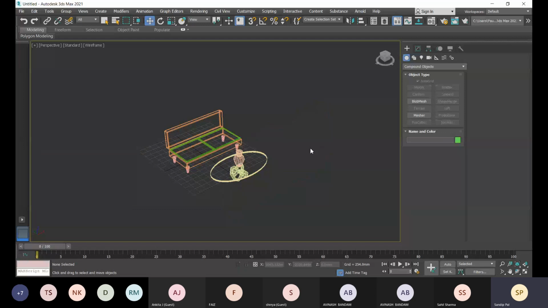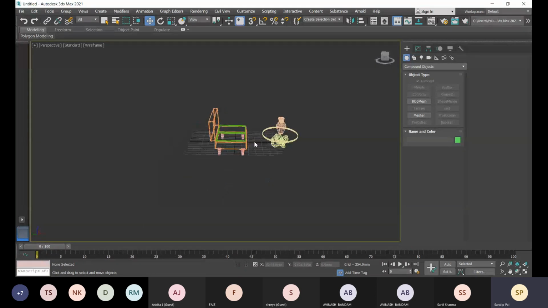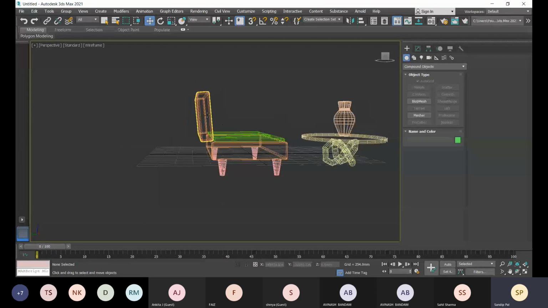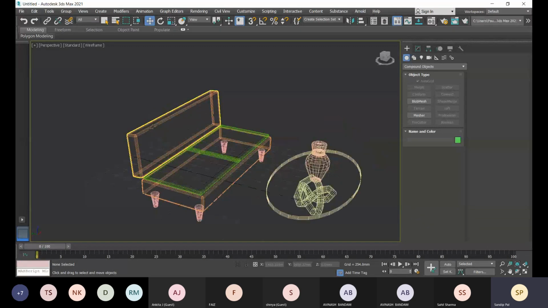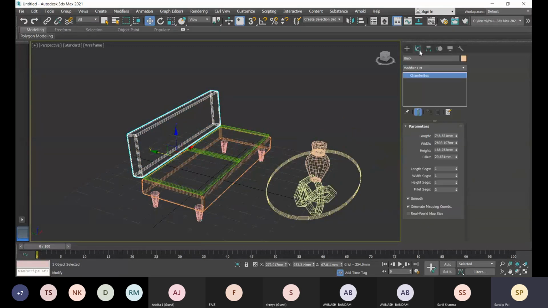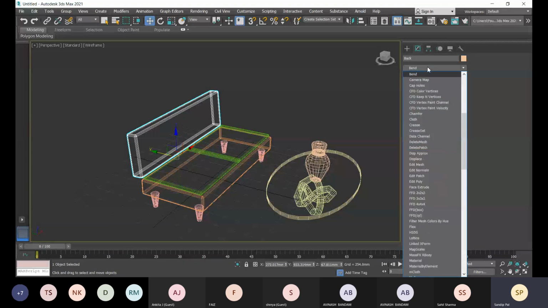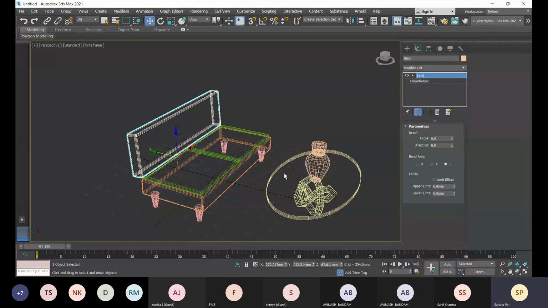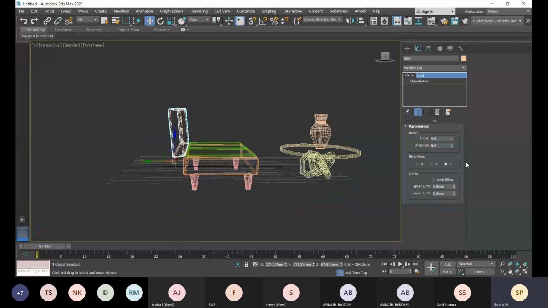Now let me delete this. Suppose I need to bend it. For that, I can apply a modifier, the Bend modifier. This bend option is available. What will be the bend axis? You have to define that. Let me show you how the bend angle will bend along the z axis. Here you can provide it to the y axis,